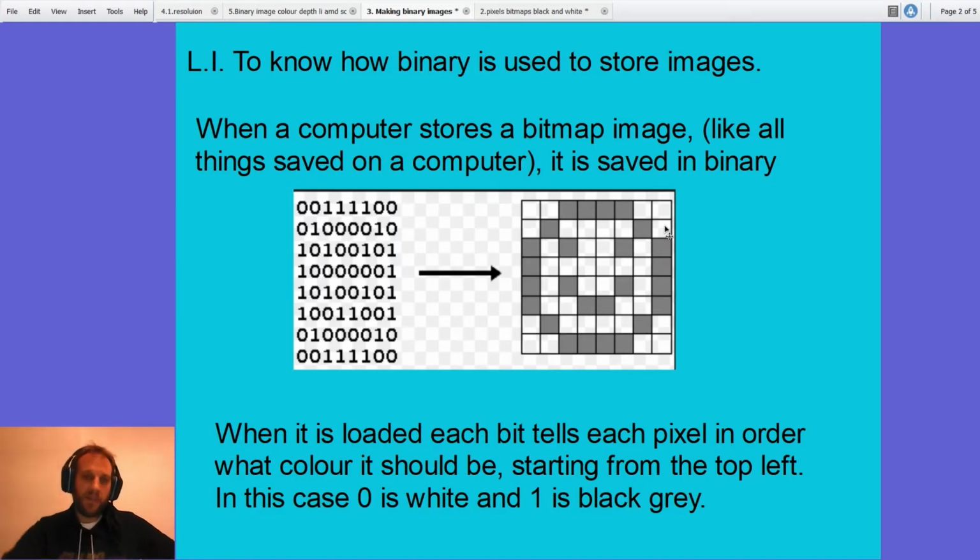Now, what I think is quite interesting in this is, and it works better if you're sat further away, you can almost see the smiley face in the binary, because they're set up in a grid like this. You can see that actually the binary does look a little bit like the image. Okay,